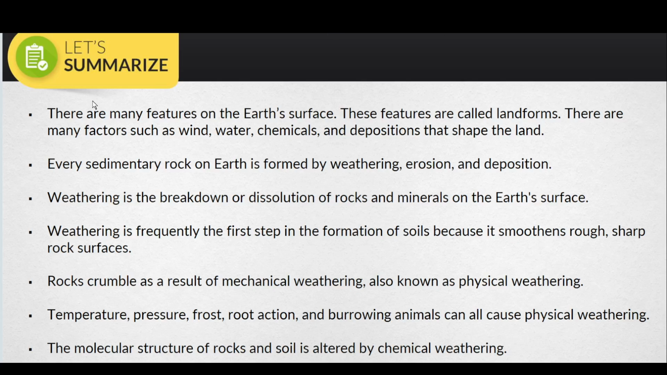So what we talked about is that these processes, weathering, erosion and deposition, can form a new landform, right? Weathering is just the breaking of rock into smaller pieces, and when it moves to a new location, that is called erosion. Deposition of these pieces is called deposition, right? And it can be done by